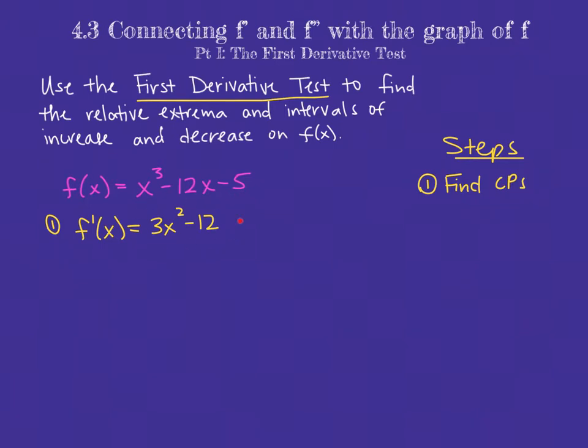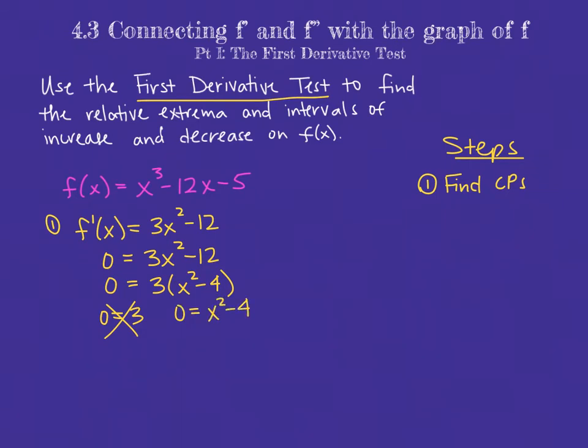Since our derivative here, f prime, is a polynomial, specifically a quadratic binomial, it is continuous and differentiable everywhere, it is defined everywhere, so we're not going to have to worry about where it's undefined. So we only need to know where it equals 0, and there's two different ways that we could solve this. I am actually going to get into the mode of factoring because that is how you normally want to solve these. So we set it equal to 0, we set each factor equal to 0, and the 3 does not provide us with any solutions. And then for x squared minus 4, you could add 4 and take the square root,